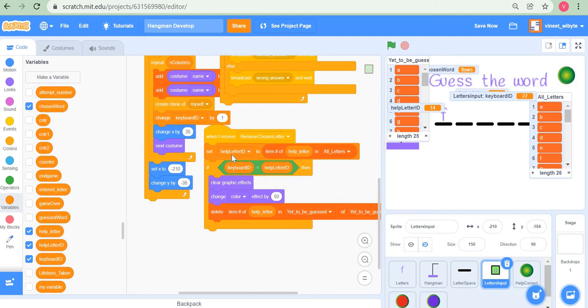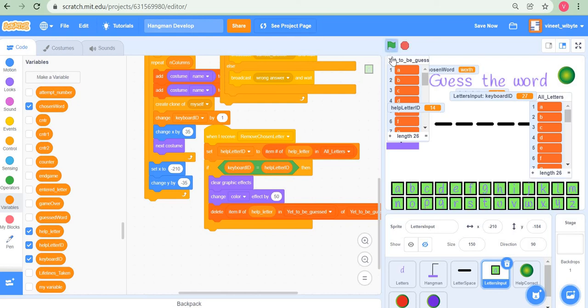Every clone checks what its ID is. If its keyboard ID is this, then it does all of this, right? So basically, every clone gets this, but only one clone which meets this criteria goes and changes its color, right? And now this looks beautiful, because, for example, now the word is "worth". Say I get a help, I got O, and notice my O has been